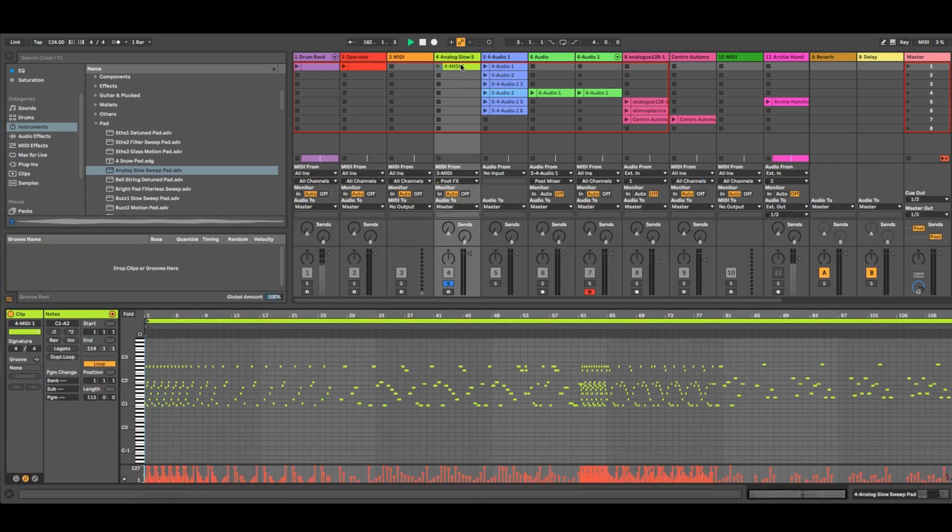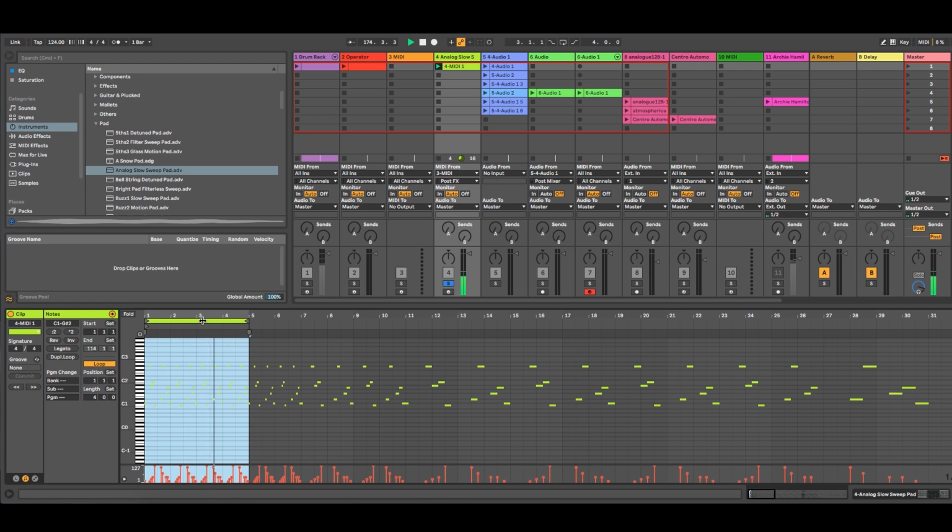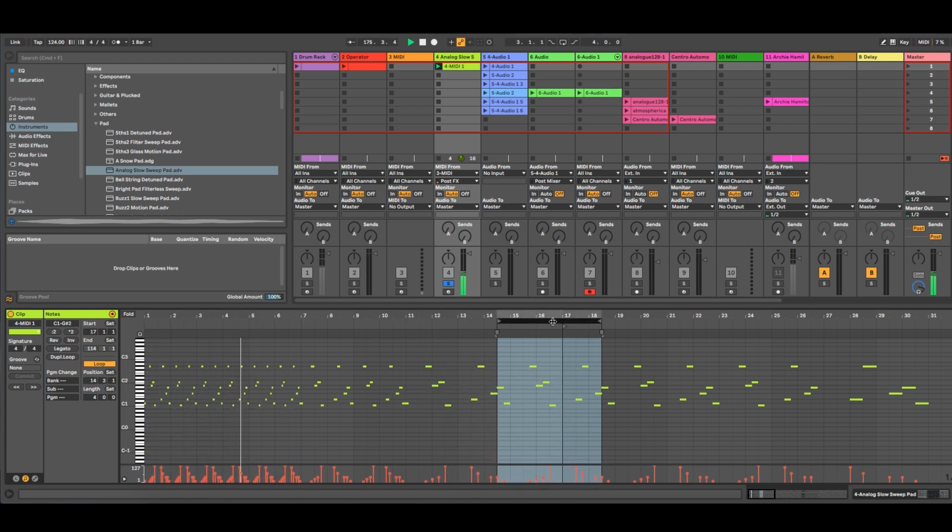I'm gonna go back to my MIDI here, and I'm going to see how this pad's sounding, because that's what I heard in his track. It was one of the elements that I like, which is the background of the song. But of course these notes are too fast, so I'm gonna just take 4 bars.